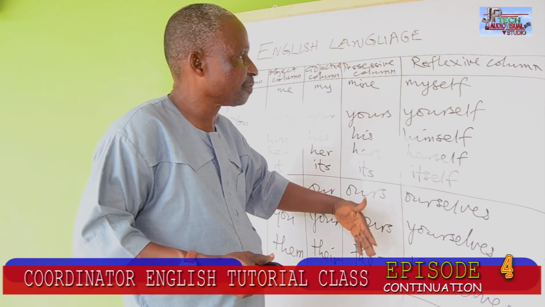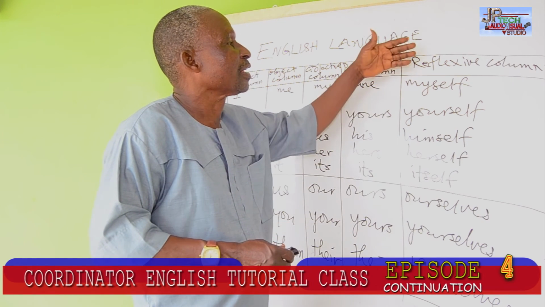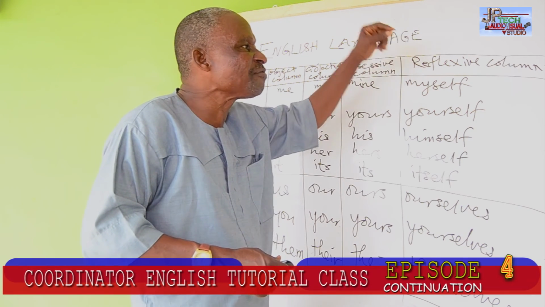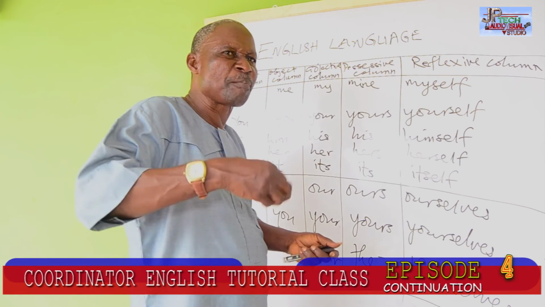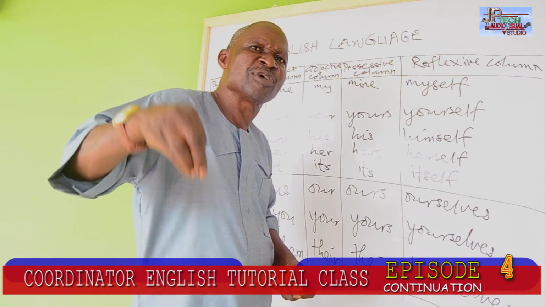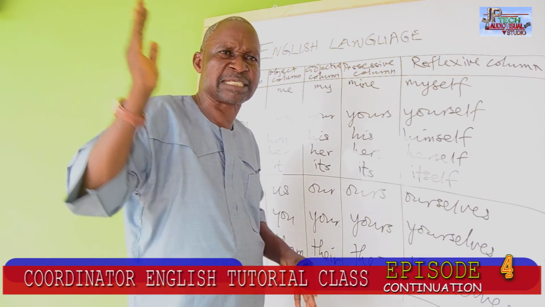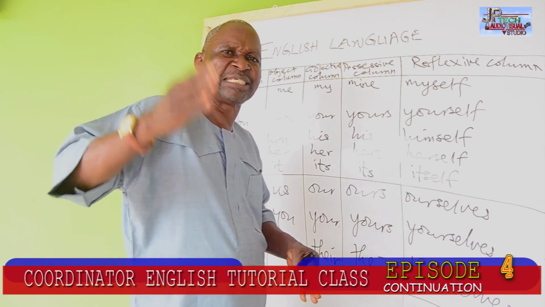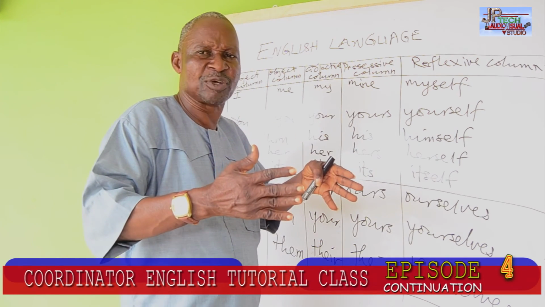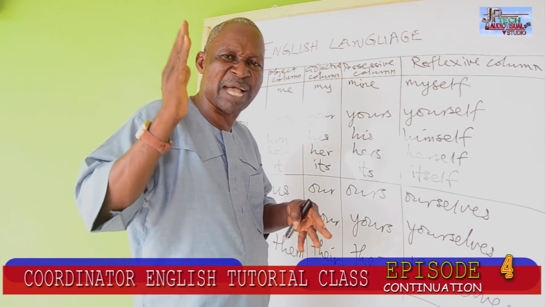Reflexive column. Please take note of one thing in the reflexive column. Reflexive means that the action performed by the subject is on the subject. Now, if I say I slapped him, there are two people there: I, that is the subject, and him, the object. But if I say I slapped myself,